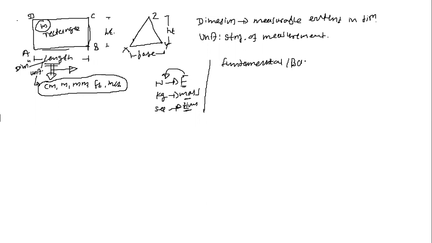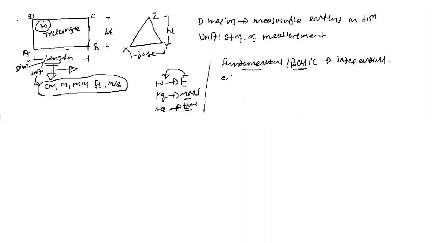Which are those basic quantities or fundamental quantities, you are knowing about? The fundamental quantities or the basic quantities are those quantities which are independent of the other quantities for their unit or for their dimension. Means the fundamental quantities are the quantities that have the unit of their own. They are independent of the others. So fundamental quantities are independent of the other quantities for their units or for their dimension, we can say.